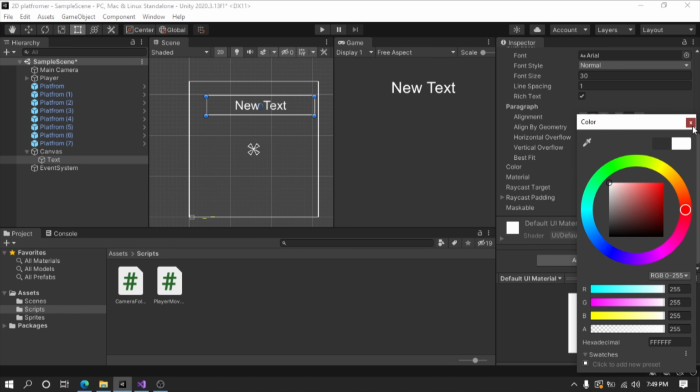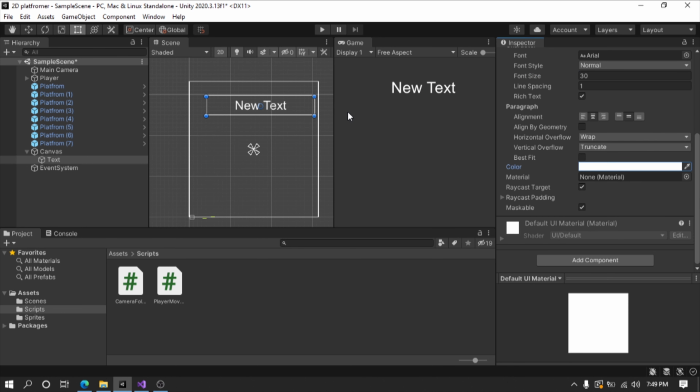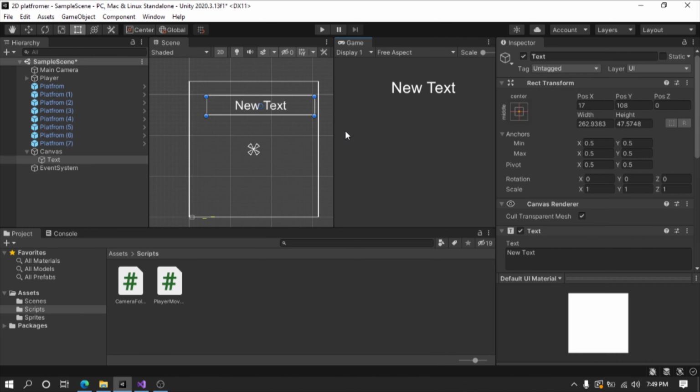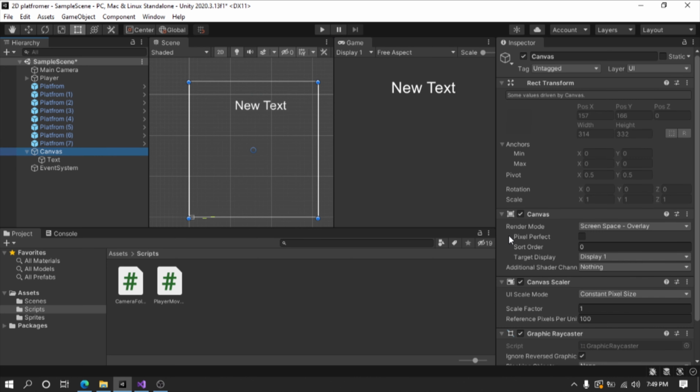And one thing I want to change here is that right now the canvas is set to scale with constant pixel size. So it means the canvas is freeform, so it's gonna take the shape of our game view or monitor's resolution. There are a couple of problems with this type of canvas. First of all, I might design this canvas for my monitor, but on your monitor the UI might look a lot different because your resolution might be different than mine. It doesn't work that well.